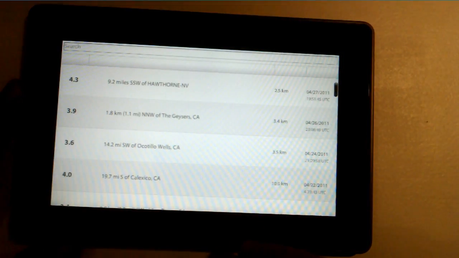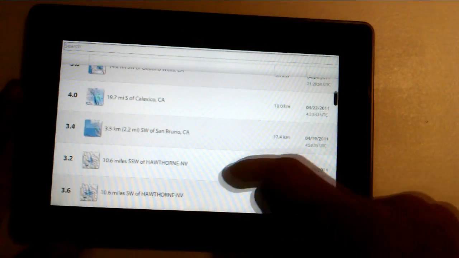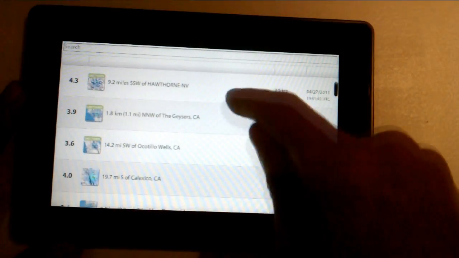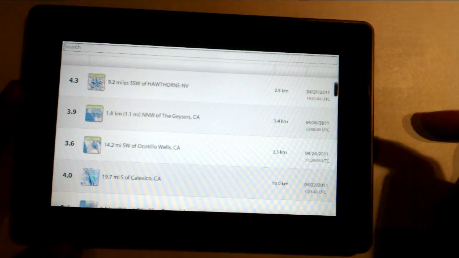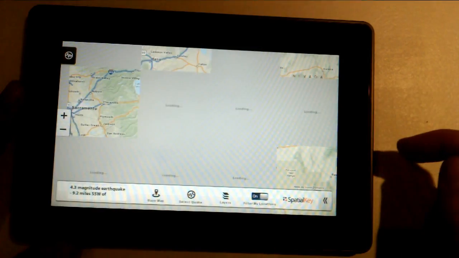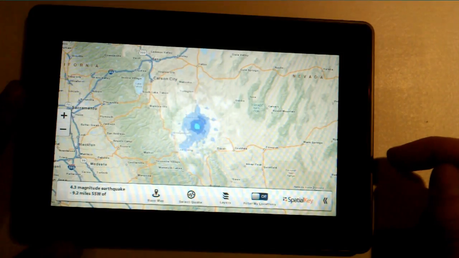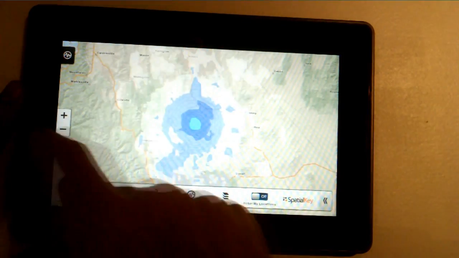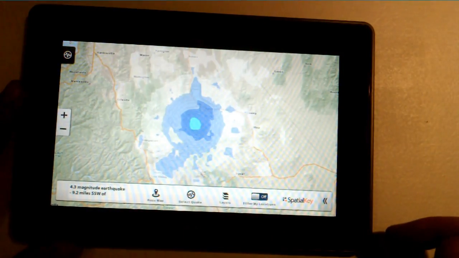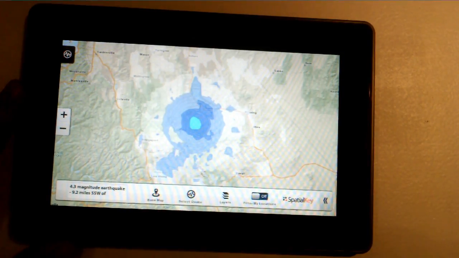And then, of course, if a new quake came in, or if I wanted to select a different one, I can always just select a different earthquake, and I can scroll through here and see all the new ones. Let's see what we have. This one was just fairly recent. Select that, and that's going to load in all of the shake zone for that particular earthquake. Now, in this case, I don't have any properties, luckily, that are around this